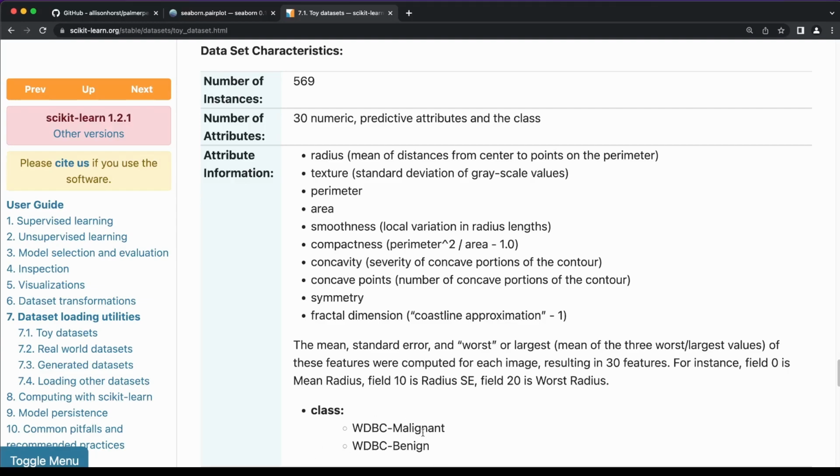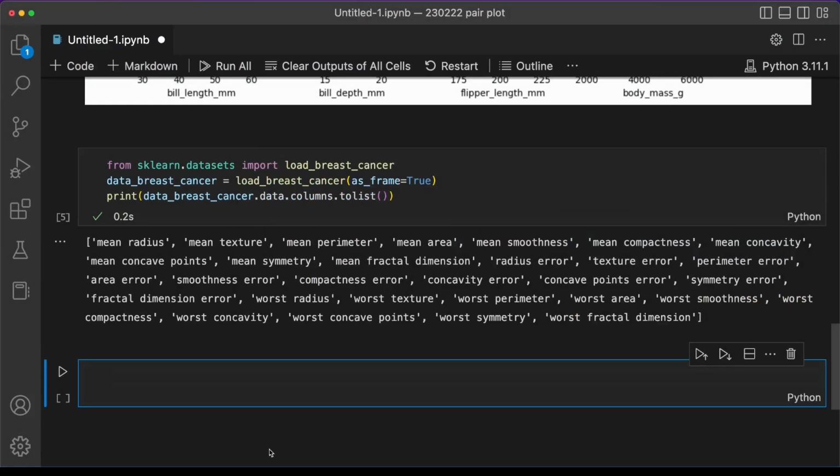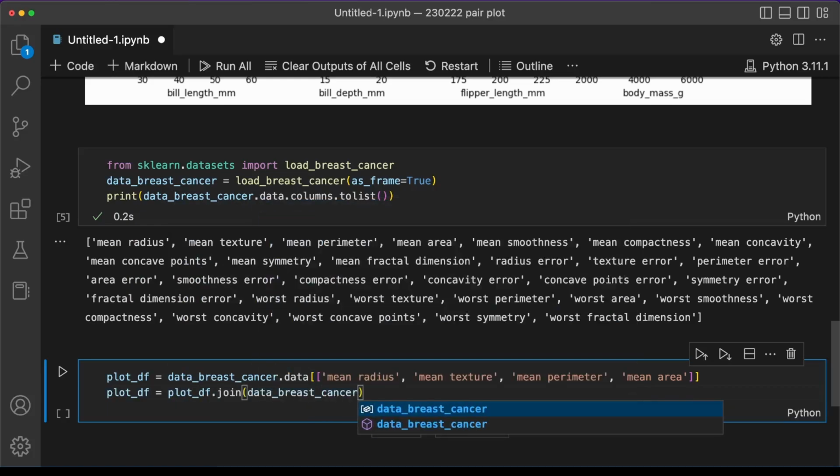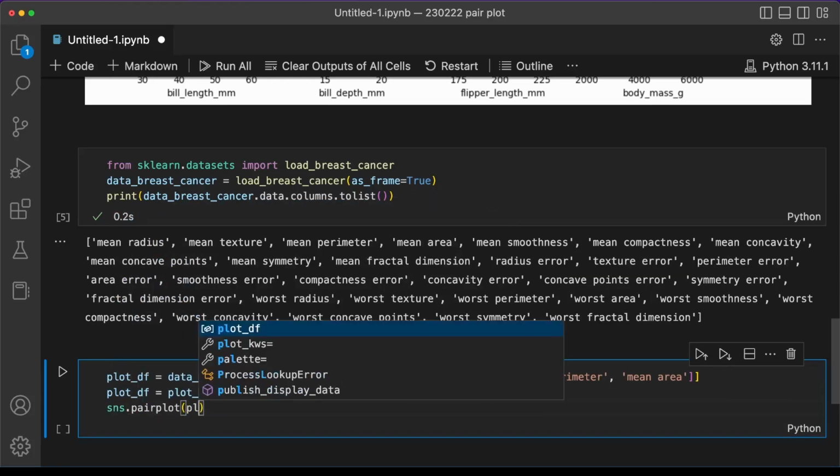But we can still use a pair plot to try to learn a little bit about how these variables are related to one another. And so one hypothesis I have right from the beginning is looking at these variables, the mean radius, mean perimeter, and mean area. I would hypothesize that these three variables are correlated with one another, and that's a great application for a pair plot. Let's give this a try by plotting the first four variables, and we're also going to add in the target data so that we can color and figure out what's the difference between the malignant and the benign tumor